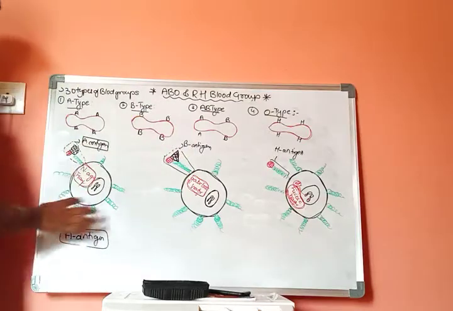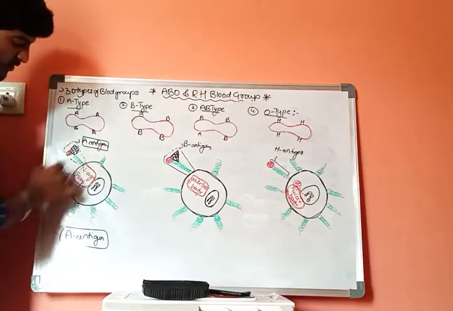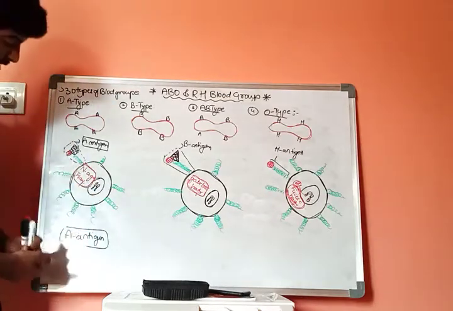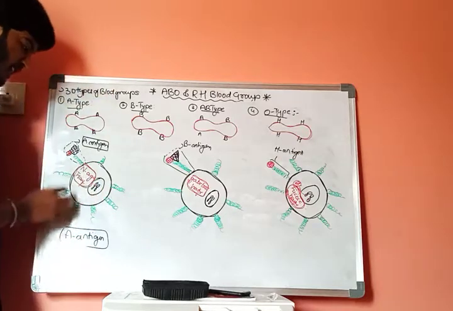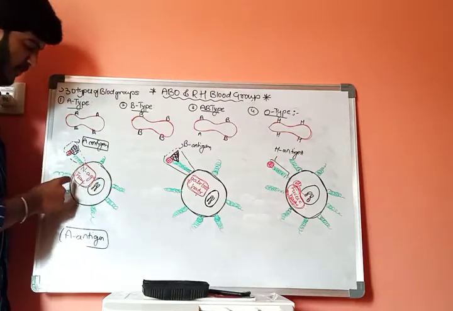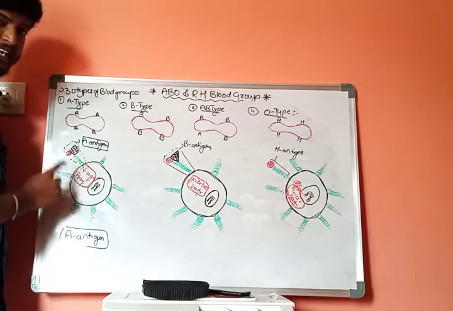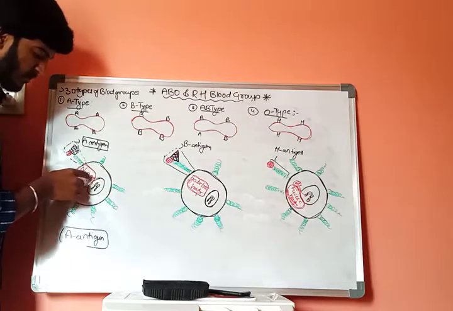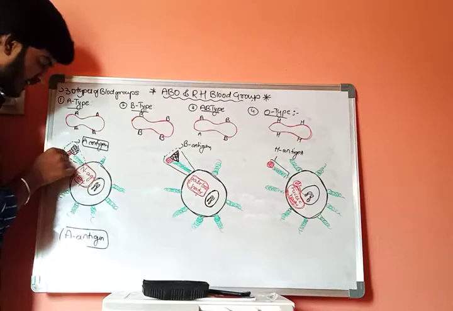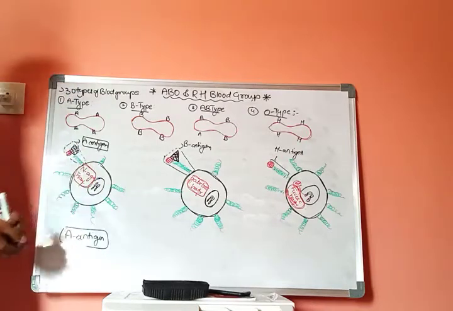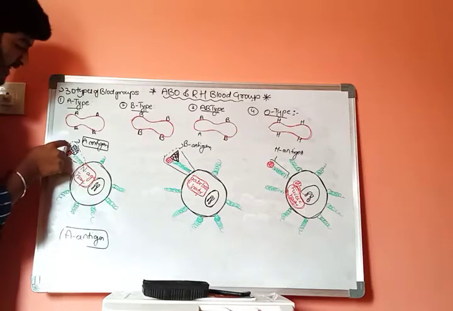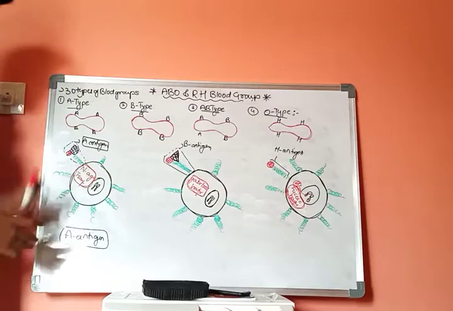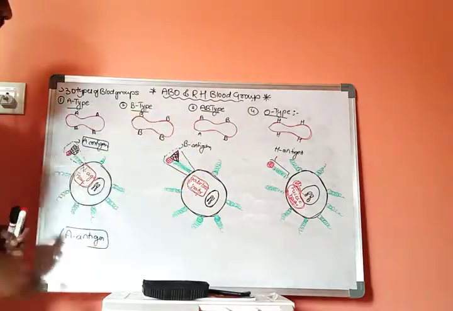Now when we discuss the A type of antigen, this is the predominant cell, and these are the oligosaccharides, and this is the nucleus, which contains 23 pairs of chromosomes. This is the 9th pair. This 9th pair of chromosome contains a special type of enzyme, that is N-acetyl galactosamine transferase. The function of this enzyme is that N-acetyl galactosamine gets attached to the surface of the H antigen. This entire complex, N-acetyl galactosamine plus fucose plus oligosaccharides, is called the A type of antigen. This is about the ABO type of antigen.